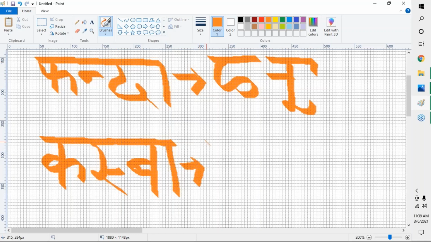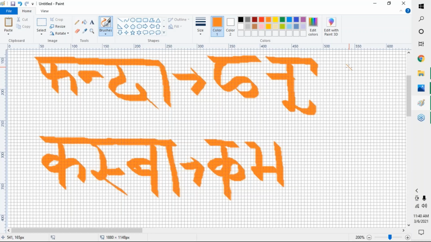So what I will do, first K will be written complete. K, this line has to be a little broader. Sa, so we know Sa, right? Ba. You see here, I have not connected this Shirorekha. This is another important point. Do not connect this Shirorekha here. Just keep it separate. Now you will ask how this will be differentiated from a different word. Then you just keep more gap there. That is all. Now Ba.